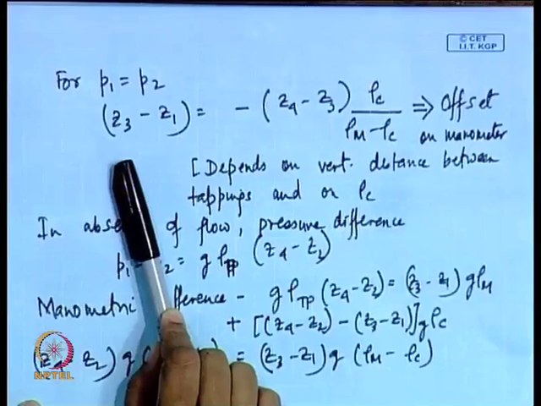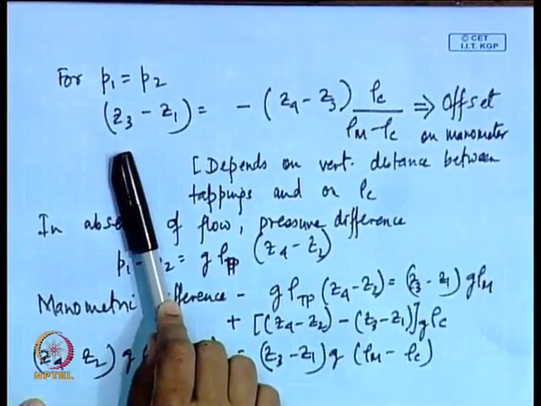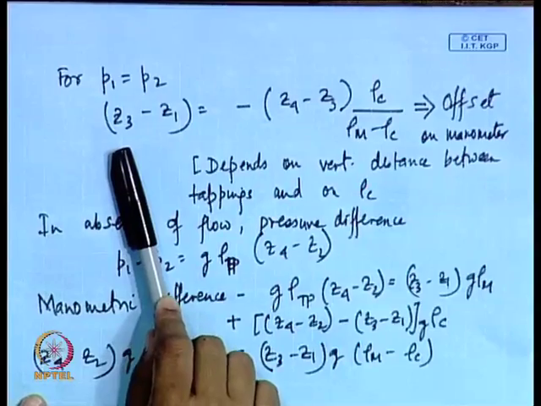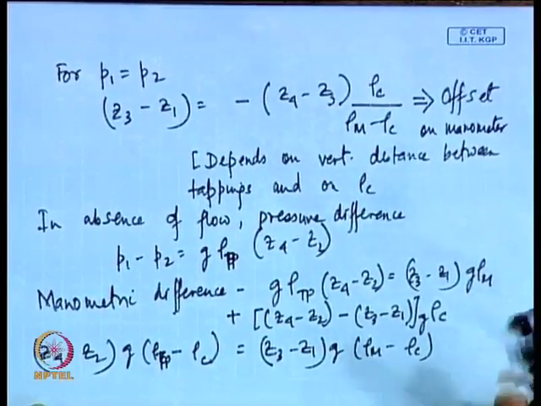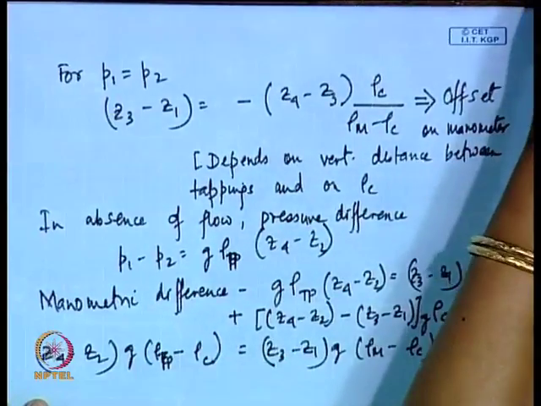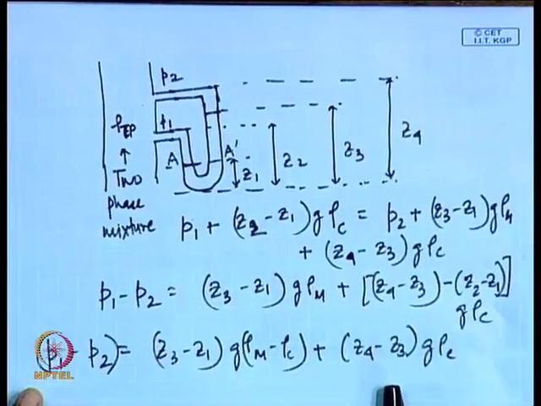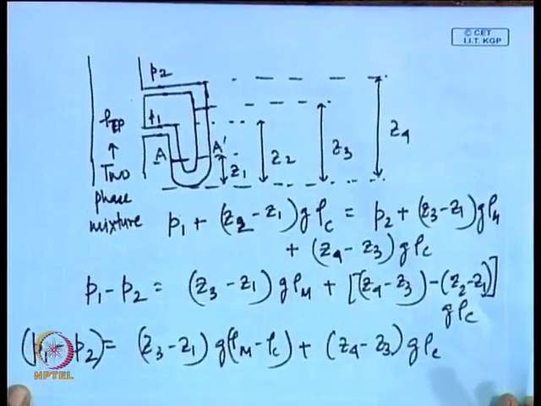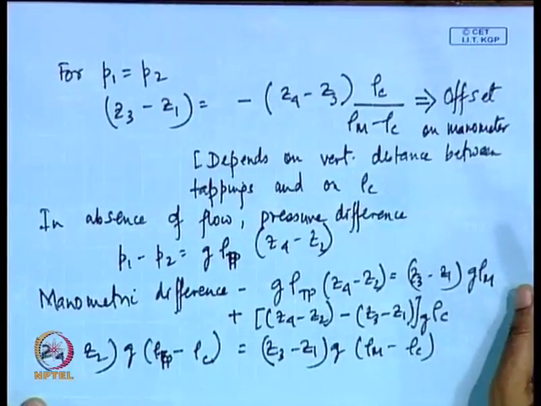If the offset becomes less, then actually we can measure lower and lower pressure drops. Number 1. Number 2, in that particular case rho c will be much less. So, therefore, we find that we can get more accurate predictions of pressure drop if rho c is less. So, pressure drop measurements can be more accurate and the offset is less for gas filled